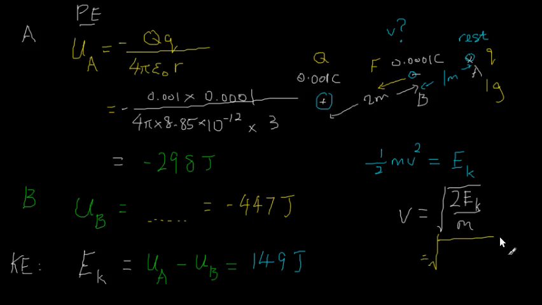Get the square root here, and 2 times EK is 149, and the mass there is 1 gram. We need to convert to SI units. That would be 0.001 kilogram. And with this, I can use my calculator,